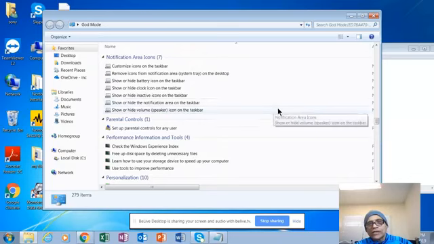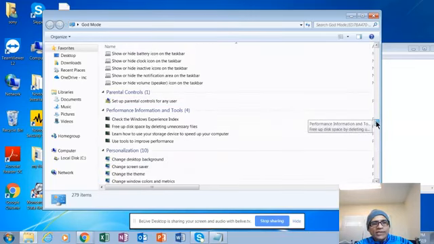So if you are a technician, I'm sure you know what I'm talking about. And if you are not a technician, it's a little bit harder to explain why I'm saying that. Anyway, parental control: setting up parental control for any users. For example, if you have small children, or you want to put some sort of restriction on them,